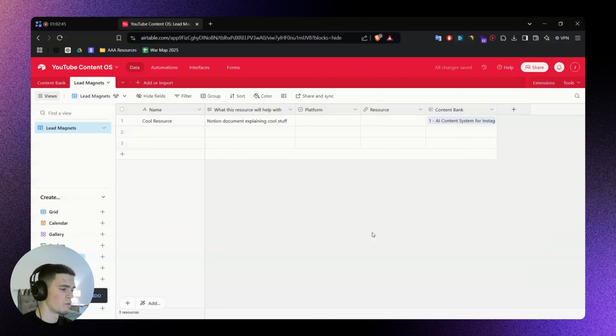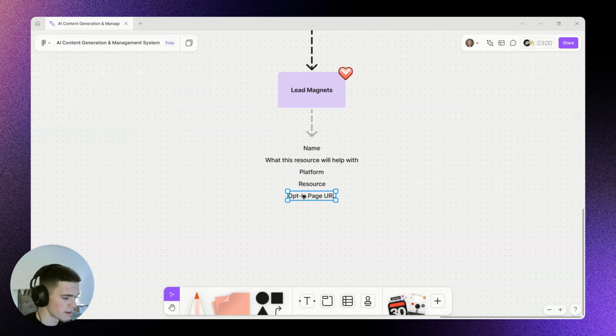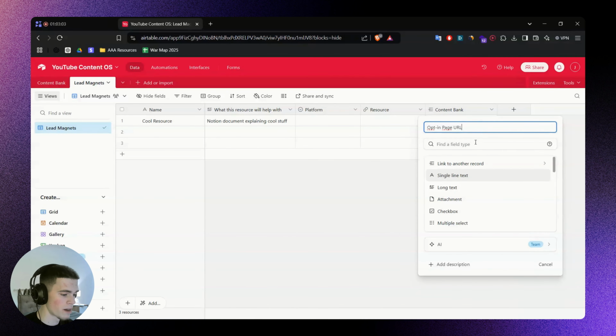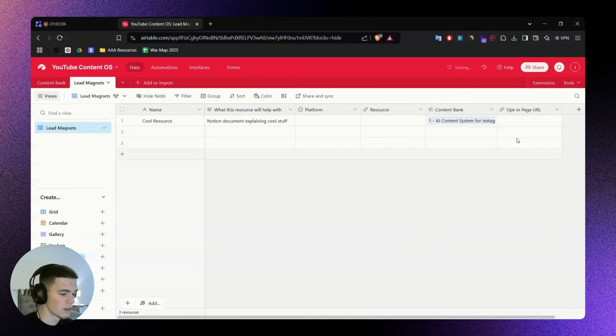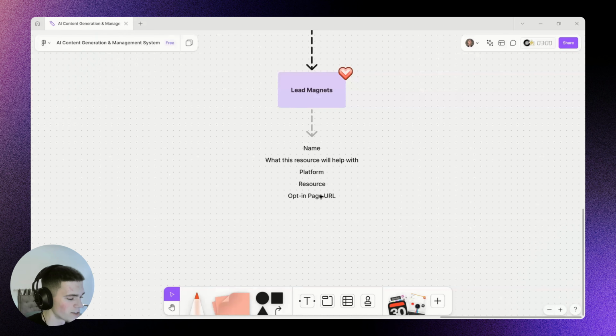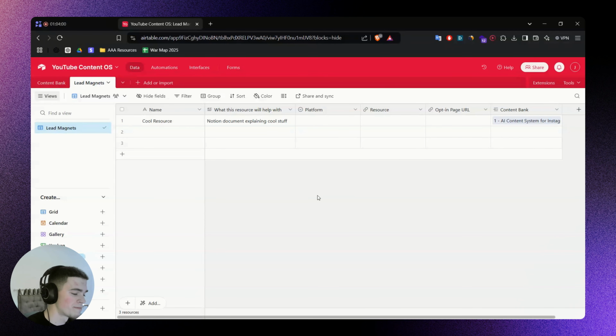So in my case, I would add here the link for my free resource hub. You can check it out on the link in the description. So I would add the URL for the specific lead magnet, which is inside of my free resource hub. Okay. And then here on the opt-in page URL, in my case, would be the Tally form submission. So if you go to the description and open the form that you need to fill out to get access to my free resources, that form is made on Tally, which is a really cool form builder. Yeah, so opt-in page URL, it would be the Tally form, but you could have different opt-in